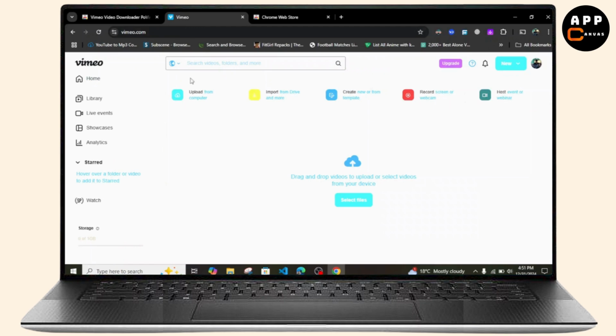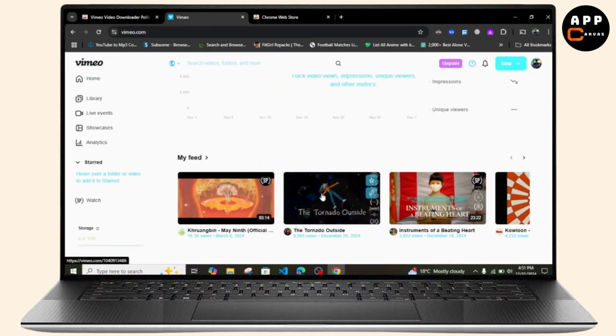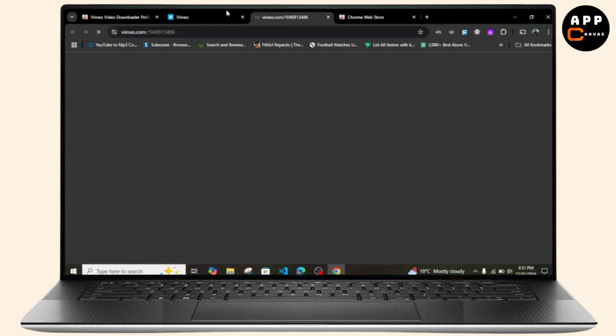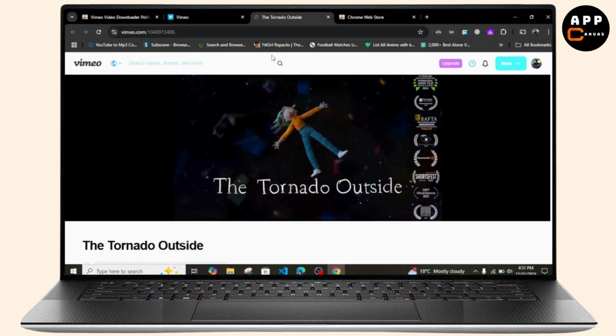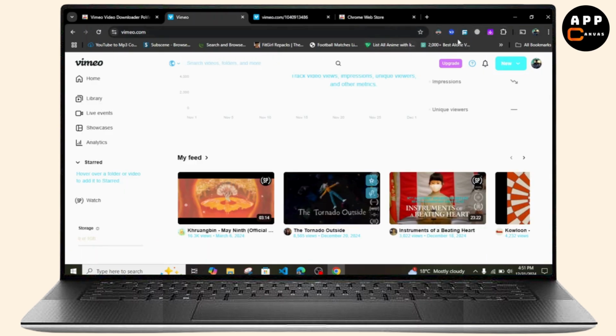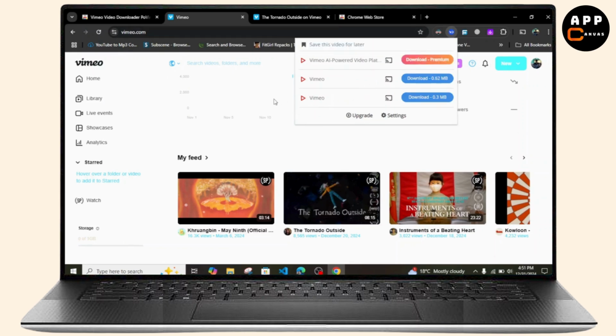And once you do that, simply go over to your Vimeo website, and simply hover over any of the videos, and as you can see, the extension which you had downloaded previously will automatically show and detect all the Vimeo videos which you would like to download. And remember guys, some videos are AI powered as well, so for that you need to go to the premium